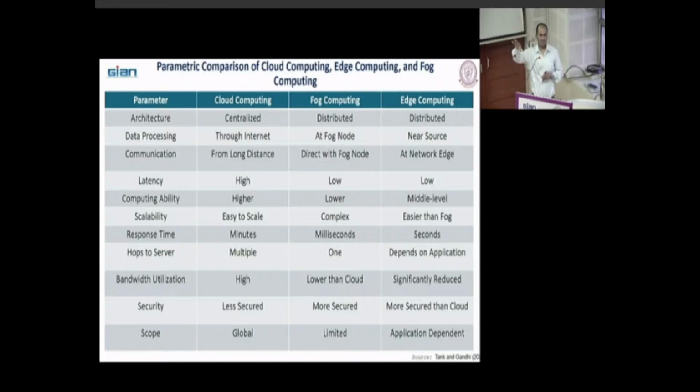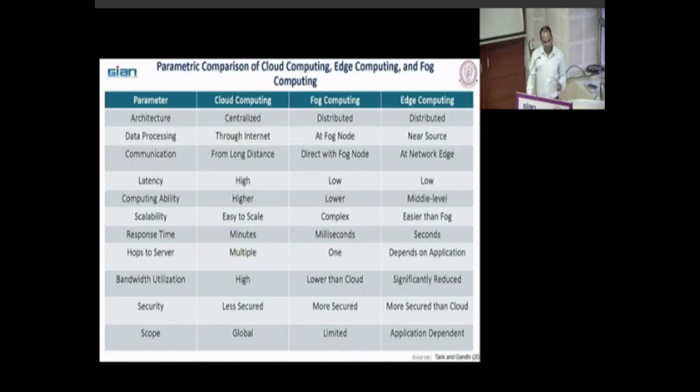The cloud analyzes and processes that command, and then executes whatever command you have given. Fog computing and edge computing are distributed in nature. Distributed means a driverless car, an autonomous car, or your smartwatch. Locally they manage and process that information. They don't send it to the cloud.